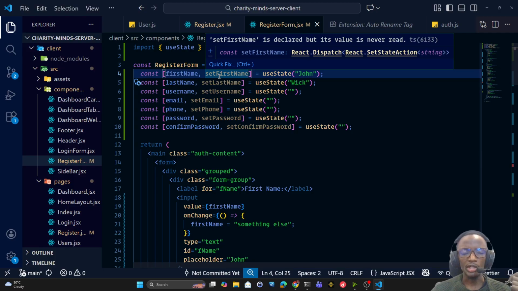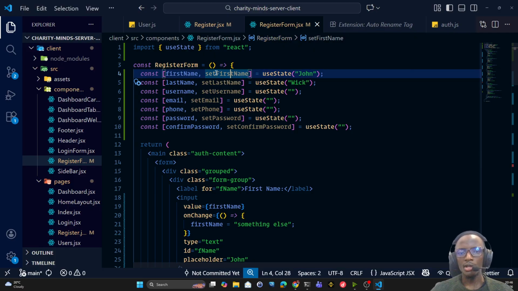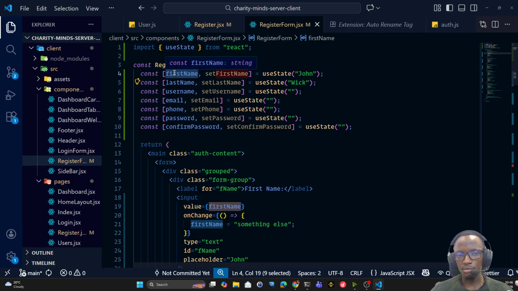The technical term for it is this set function. This is the function that you call. You pass a value to it, and it is going to update the value of first name. And once that happens, and this is the most important thing about these functions, they trigger a re-render,